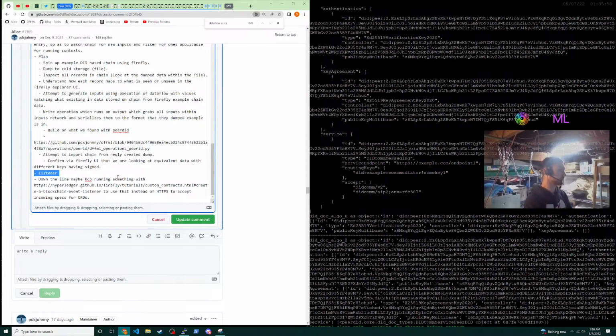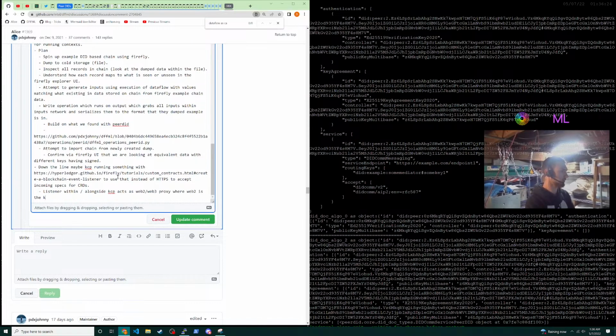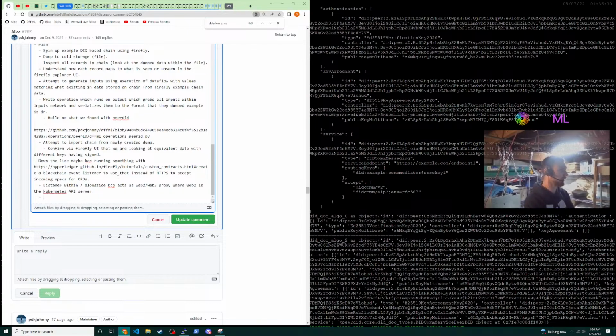The listener within slash alongside KCP acts as a Web2 to Web3 proxy, where Web2 is the Kubernetes API server. So this proxy service